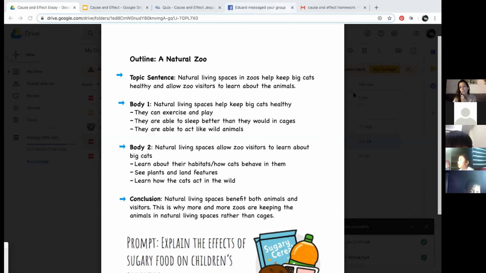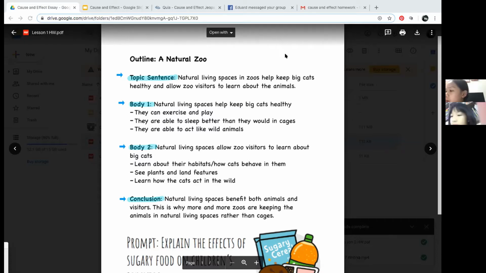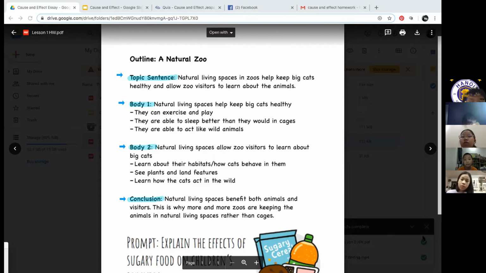If we have time to do this today, then we'll do it together. You see the words in bold here? I'll highlight them for you. Topic sentence, body paragraph 1, body paragraph 2, and conclusion. Those are the only things you need to write. So 1, 2, 3, 4 sentences. That's what an outline is. It's a short plan for your essay. And then when you go to write your essay, that's where you add more facts, more details, more information to support your topic.